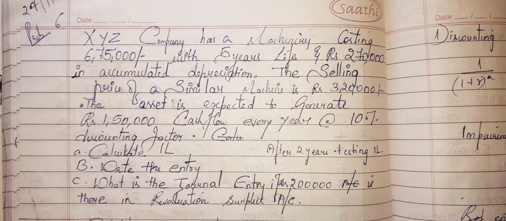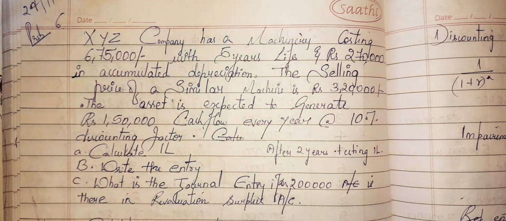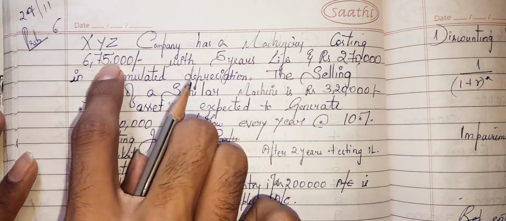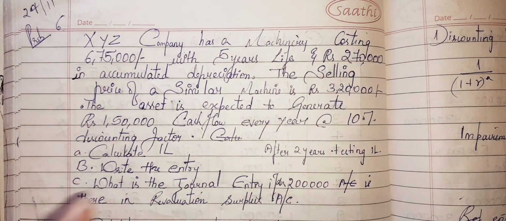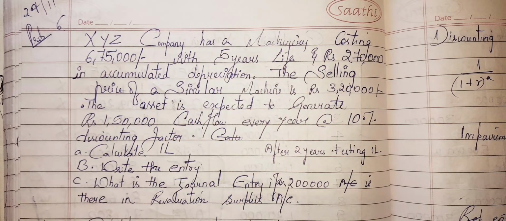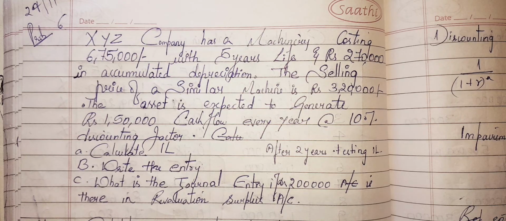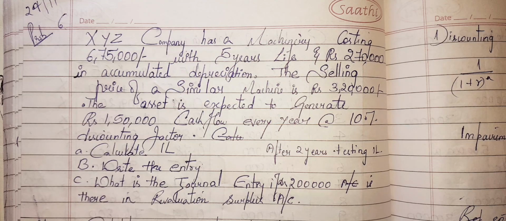In this particular video, let us solve one more problem related to impairment loss. XYZ company has a machine costing 6,75,000 with 5 years life and 2,70,000 in accumulated depreciation. So in accumulated depreciation, how much amount is there? 2,70,000. The selling price of a similar machine,